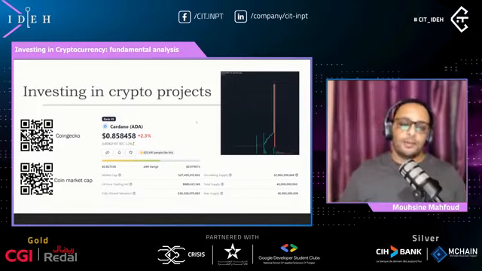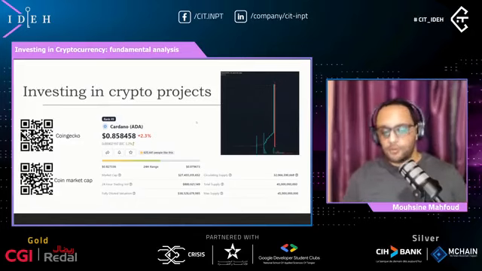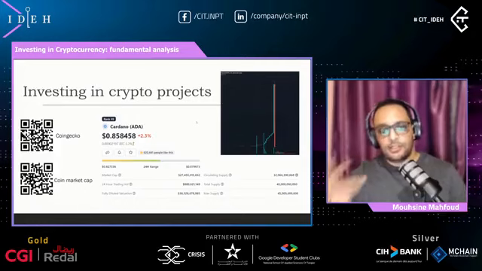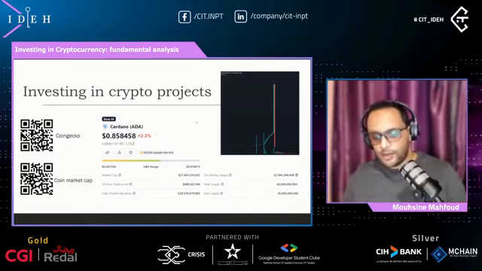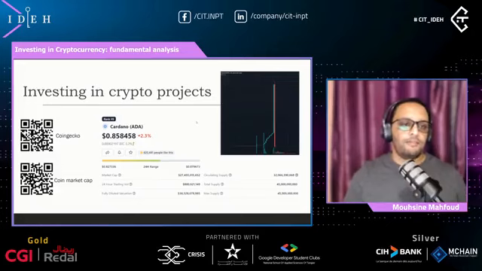If you see a project, you have to read about it and see if it solves any of the trilemma of crypto: scalability, security, and decentralization, as mentioned by Rashid in the first presentation. You should study the project and see if it solves any of those issues in an innovative way. Okay, so be careful with that.